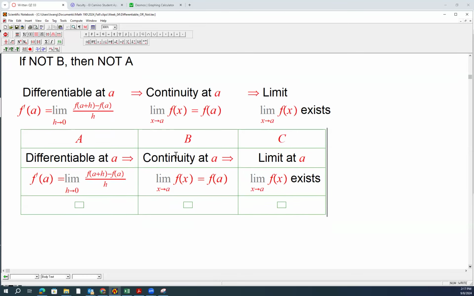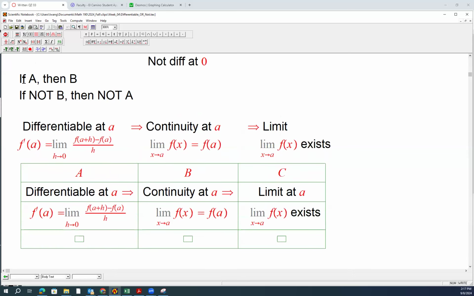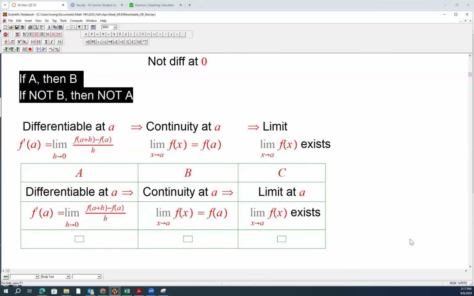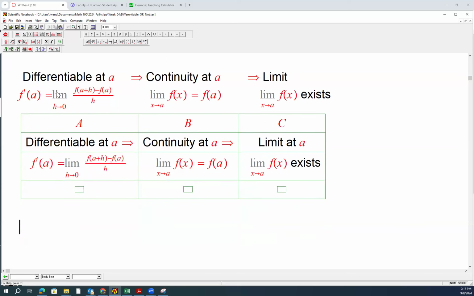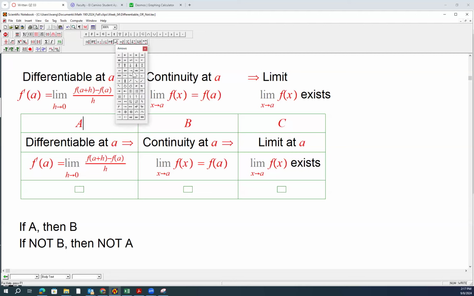Right? So based on the logic we just learned, knowing this logic is very, very useful. So obviously from A, we get to B, right? If A is true, A to B, and B to C. And therefore, we can say A to C. If A is true, then C. So if it's differentiable, then limit at A exists. If it's differentiable, continuity exists. So from this logic,